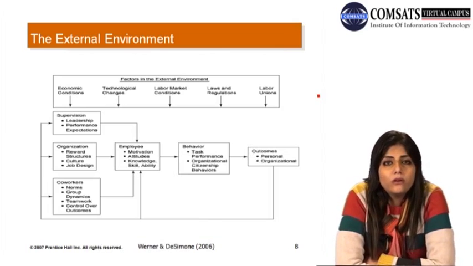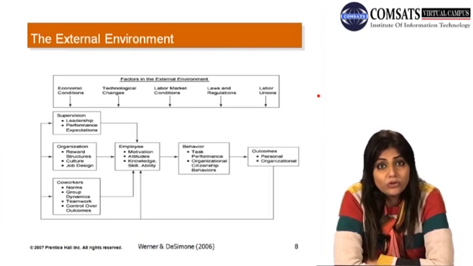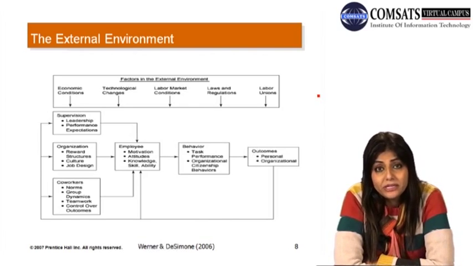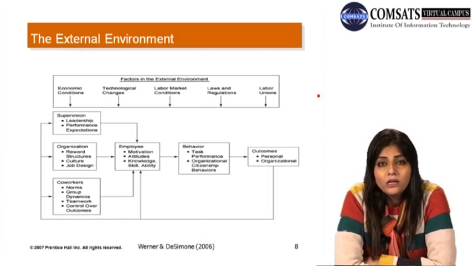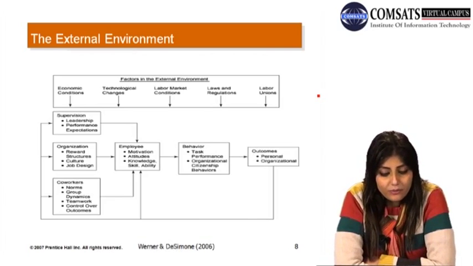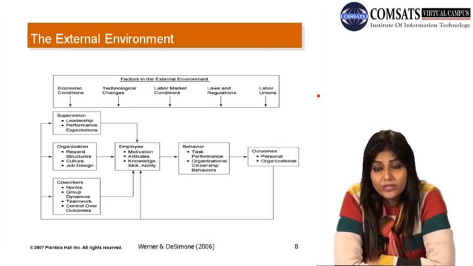One, the older employees' skills might become obsolete, right, and they might become redundant. The other influence can be that these employees, when they become redundant, might be laid off from the organization. So that is the effect of technological changes that can affect the employees. Their skills might become obsolete, right?